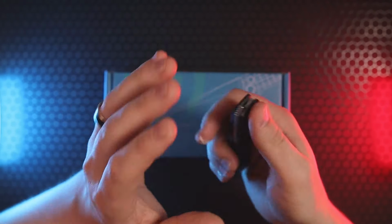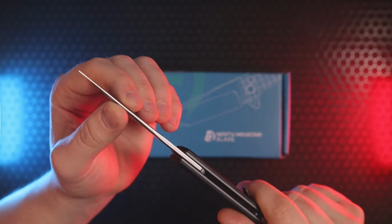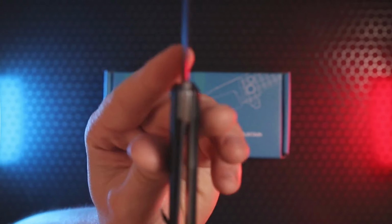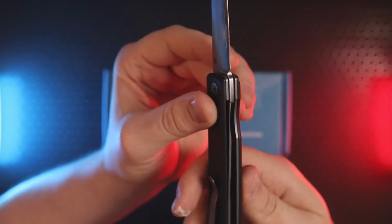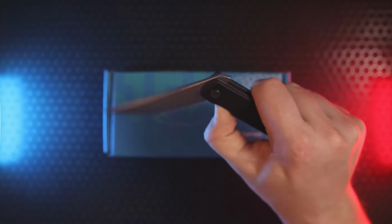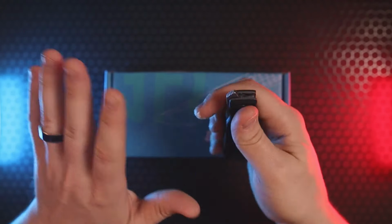It's not a straight guillotine because this does not have a very thick blade profile. It's rather thin, but that lends to its cutting ability at the same time. The liner lock is going to be locking up there. I would say that's about 35%, maybe 40%. It's got plenty of access here with this nice milling right there, so it's not hard to get your thumb in, and it will drop shut when you release that liner,